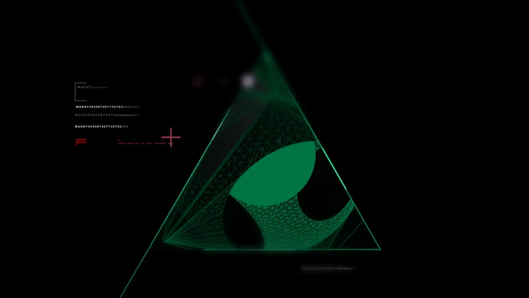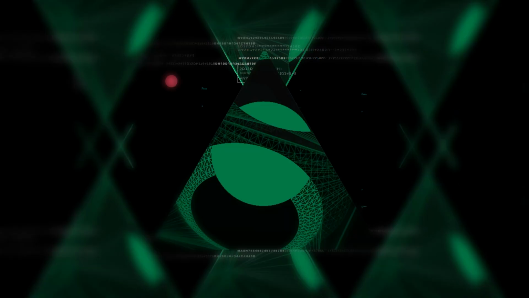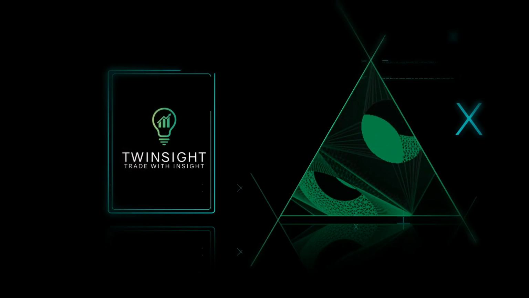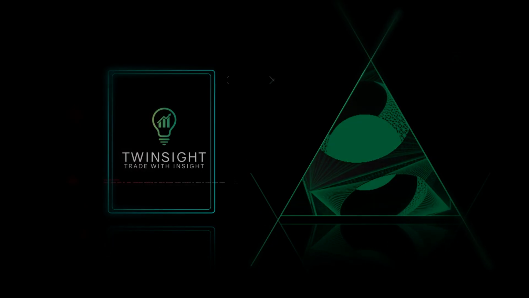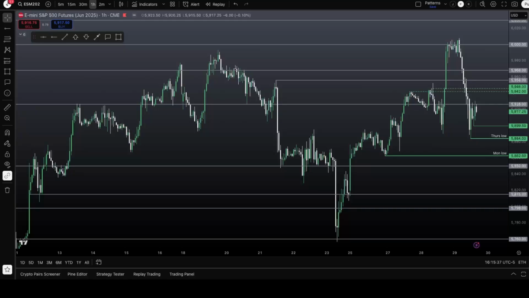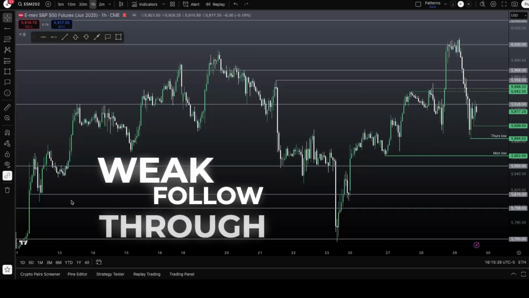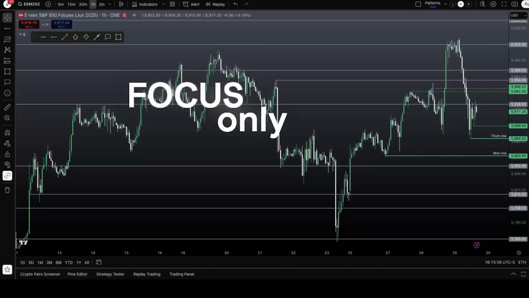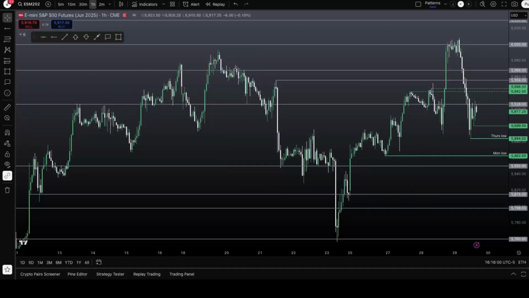This is the exact strategy I use to chart the most important areas to trade on any ticker. Most traders focus way too much on too many levels and too low of time frame action. These are weak levels that set up weak follow through and low win rates. To be the most successful, you want to focus only on key areas to see a higher win rate and